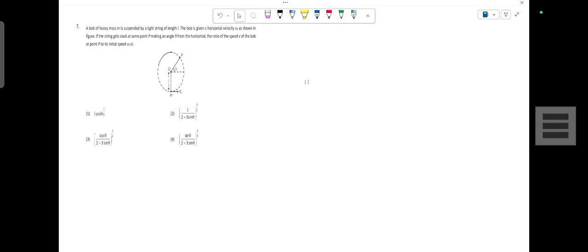तो देखिए यहाँ पर क्वेश्चन क्या बोल रहा है, a bob of heavy mass m is suspended by a light string of length l. The bob is given a horizontal velocity v naught as shown in the figure. यहाँ पर एक बॉब है, उसको एक हॉरिजॉन्टल वेलोसिटी v naught दिया गया है as shown in the figure. If the string gets slack at point P, making an angle theta from the horizontal, the ratio of the speed v of the bob at point P to initial speed v naught. यहाँ पर जो v है, यहाँ पर जो स्पीड है, वेलोसिटी है, और यहाँ पर जो वेलोसिटी है उसका रेशियो मांग रहा है, ठीक है ना बेटा।